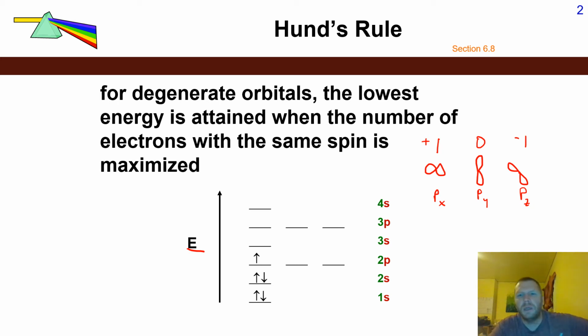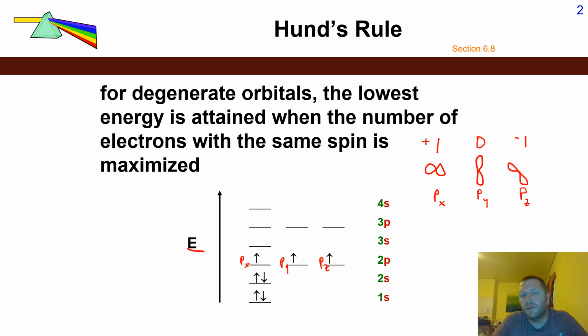Okay, so we're talking about the 2p orbital. What we are going to do is basically place these electrons as far from one another as possible. So think about this first electron that we placed as being in the p sub x. This is in the p sub y, and this is in the p sub z. So if we put one electron in the px, one electron in the py, and one electron in the p sub z, they're all going in the same direction. So we've maximized the same spin, and those electrons are as far away from one another as possible,